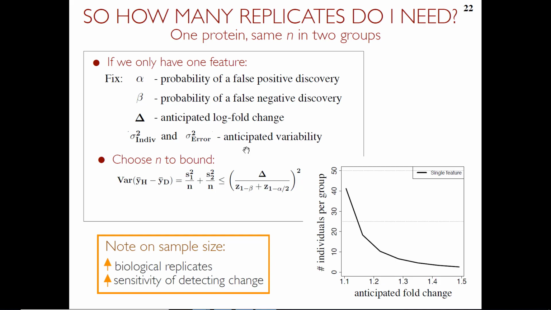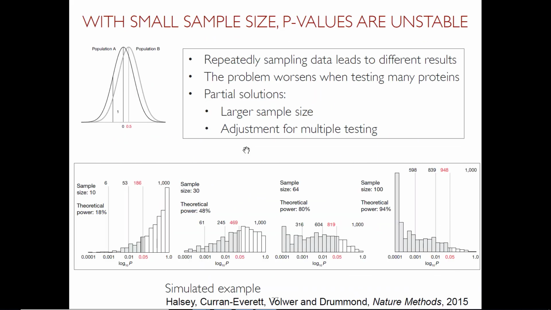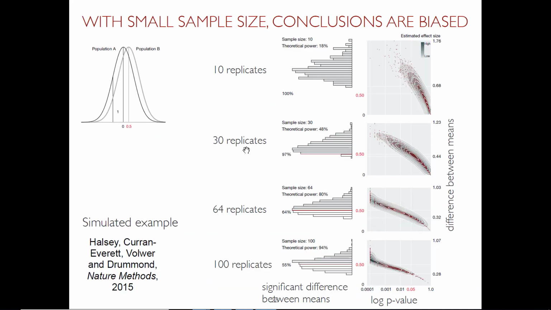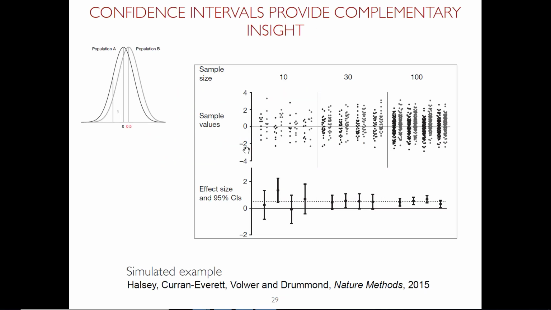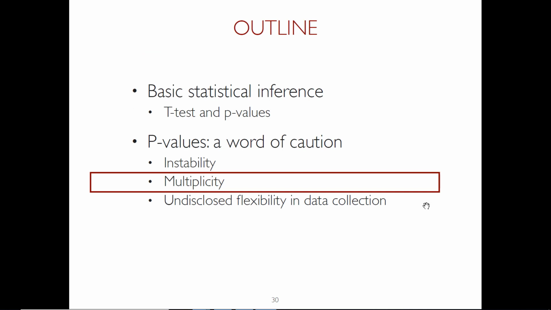Okay, so this is what happens with the p-values, just in terms of their variability and their dependence on the sample size. Here they also do the same thing for confidence intervals. When you have only a small number of replicates, your confidence intervals also fluctuate, but when you have more replicates, they become narrower and more stable as well. Okay, so this is for confidence intervals. So now,